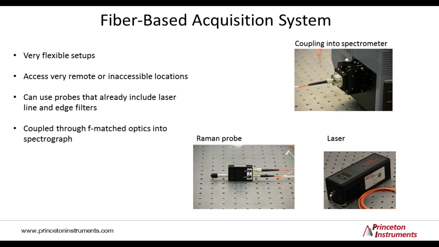If more flexibility is required, we've seen that fiber-based setups can be used. Optical fibers would then transport light from the laser, but also collect the Raman scattered light. This is in particular convenient when it's used with a fiber-coupled Raman probe. An example of how a probe looks is shown in one of the pictures on the slide. The Raman probe itself contains all the necessary laser